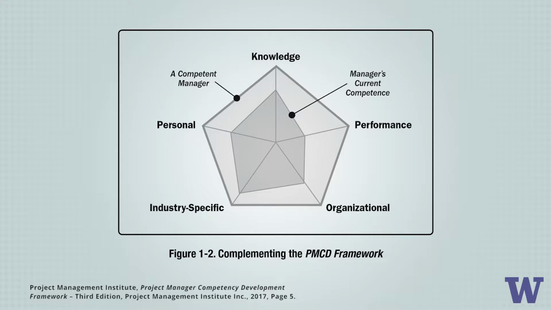In this pentagon, you can see that the shaded area shows the current competencies of the person in all 5 areas, and the area outside of the shaded space is the gap between where the person currently is and where they want or need to be in regards to competency level. As you develop your competencies in each of the 5 areas, the shaded area will grow closer and closer to the edge of the pentagon. Of course, as time goes by, the pentagon will grow in size, so you will always be developing competencies.